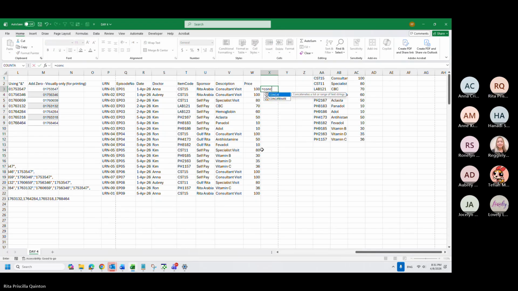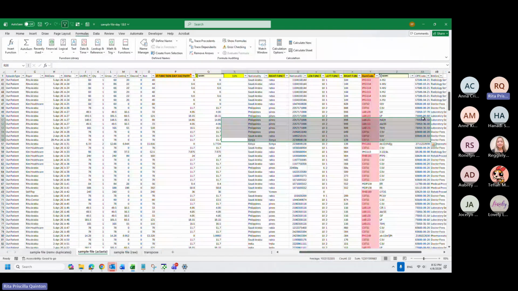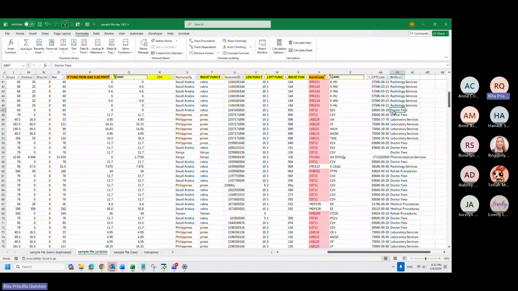So I want to combine patient and consultant first visit. In our file from yesterday, since we have here the bill group of Dr. Fees, then you can also concatenate the bill group of Dr. Fees to find all the consultations related to it.